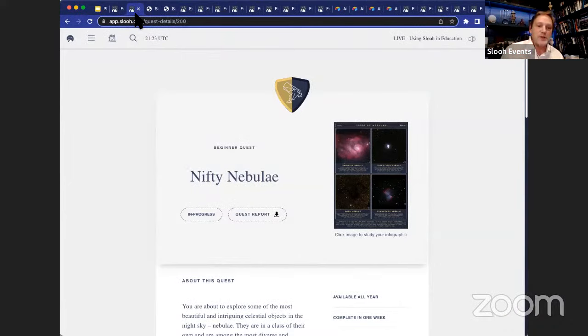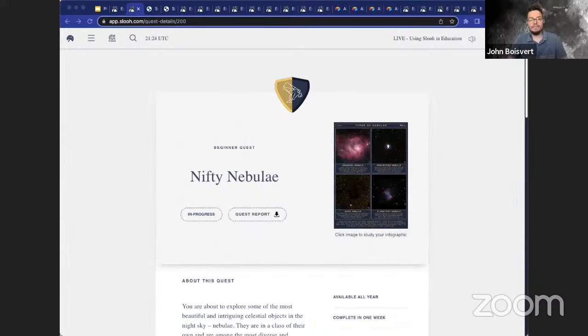John, you've talked a little bit about standards aligned learning activities, the curricular standard. How can teachers easily view what quests we've got available and what standards they might conform to? That's a great question. We have what's called an Airtable that's going to be showing up on the dashboard. If it's not already on the dashboard, I think a link to this is going to be on there pretty soon.